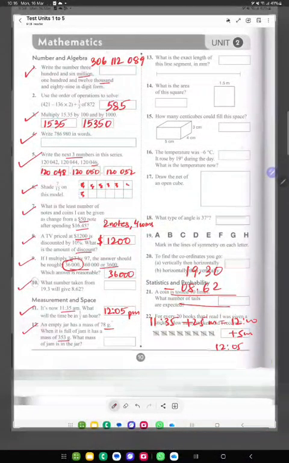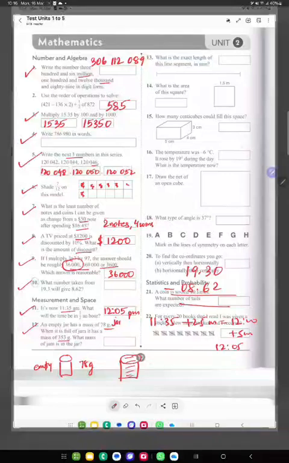So this is actually just the jar is 78 grams, so we have a jar which is empty and it's 78 grams, but when I fill in the jam, it weighs way more, 353 grams. So the difference is the mass of the jam. So you have to minus 353 and 78. That will give your answer to question 12. Okay, so this one is on you. Moving on to